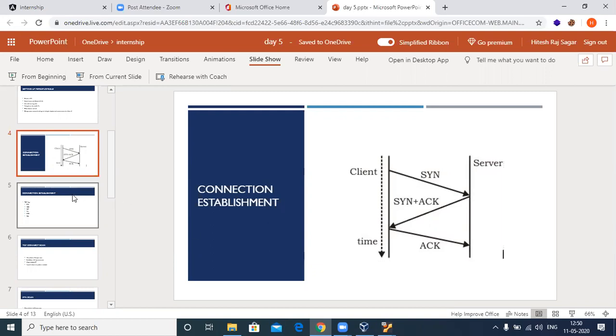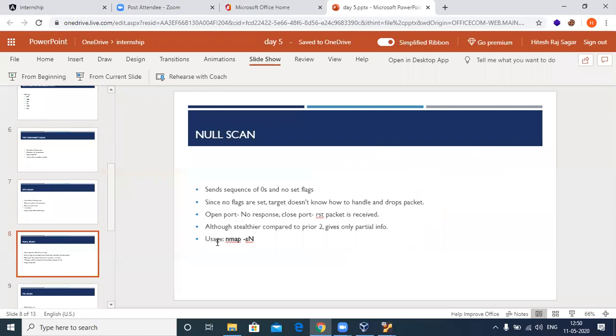So how to know if a port is open or closed in this scan: if there is no reply from the server, that means the port might be open. If a reset packet is received, it definitely confirms that it is a closed port. That is the difference between SYN and TCP scans, both being in one group, and these types of scans, where whether the port is open or closed is learned from these particular replies. So if it receives a reset packet, the port is closed. If there is no response, it means there is an open port.